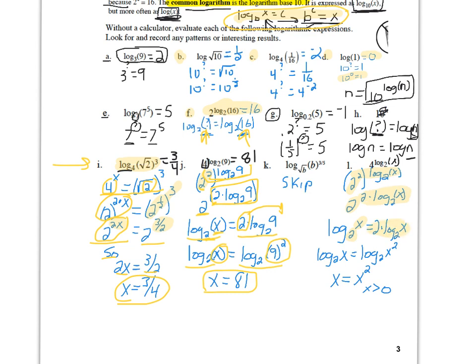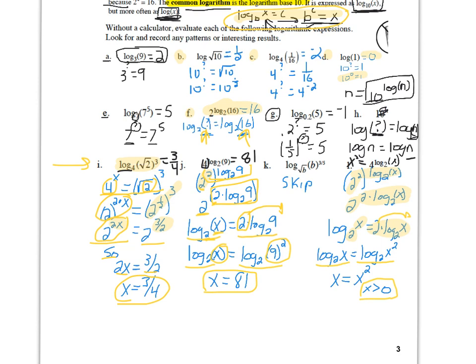And again, I'm going to pull this 2 out in front up as an exponent. So now the left side, log base 2 of x, has to equal the log base 2 of x squared. Therefore, x has to equal x squared for all values where x is greater than 0. And you'll learn a little bit more about this when we get to another slide in this lesson. So my answer, 4 raised to the log base 2 of x, is really equal to